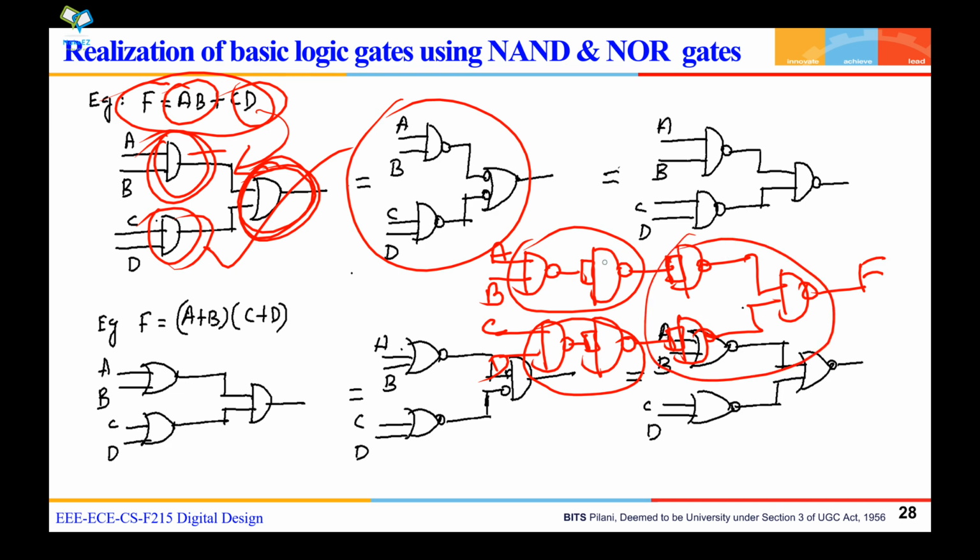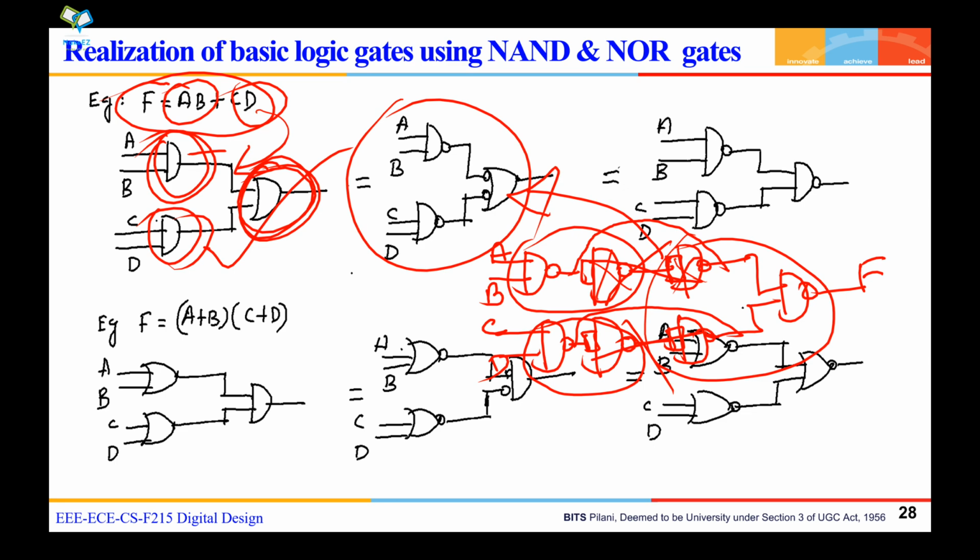Now can you see, these two gates are redundant. These two gates are redundant, right? These two gates are not required. Why is it redundant? See here. Suppose you give a variable A here, A bar will come. Then once again that is coming as A here. So now this can be directly connected to this by removing this. Similarly, this can be directly connected to this by removing this. Ultimately, you get this implementation. Hope you are understanding this.